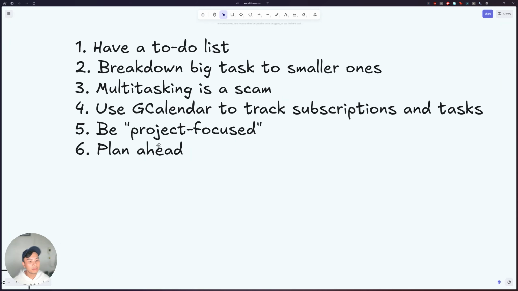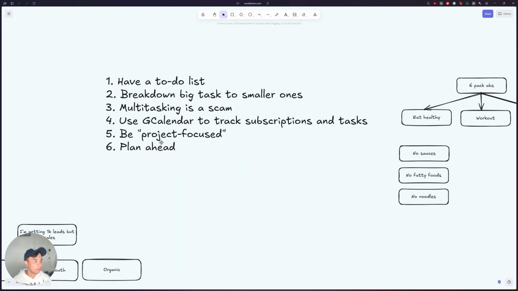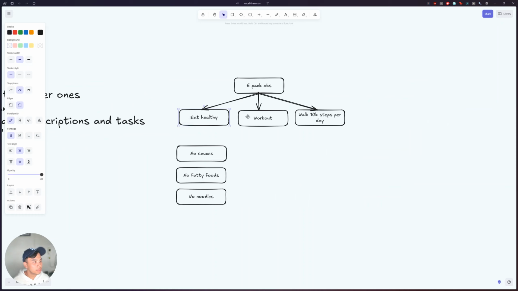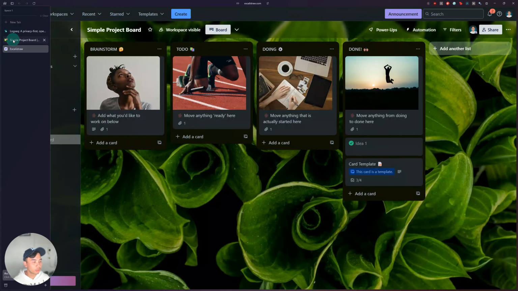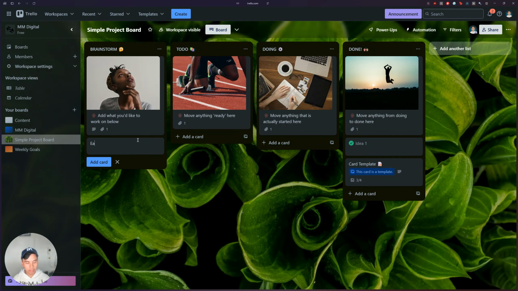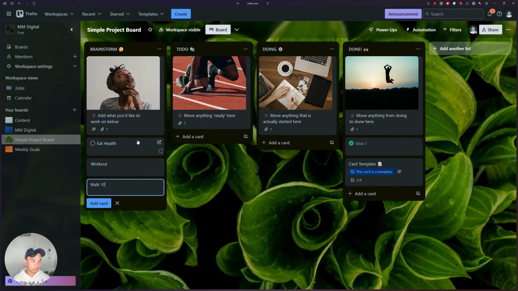And then let me add that in accordance with number one. You've got your big task. You can now, from these smaller tasks, put them in Trello, right? You can put them in Trello: eat healthy, work out, and then walk 10K steps.